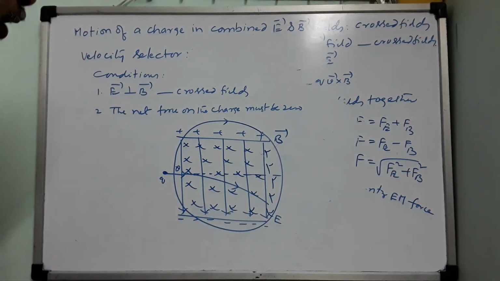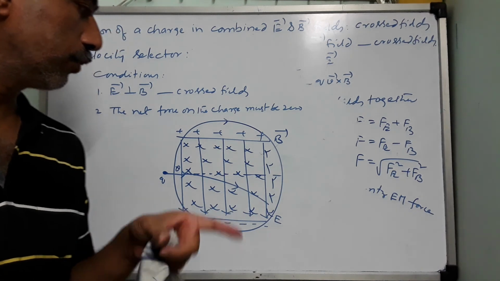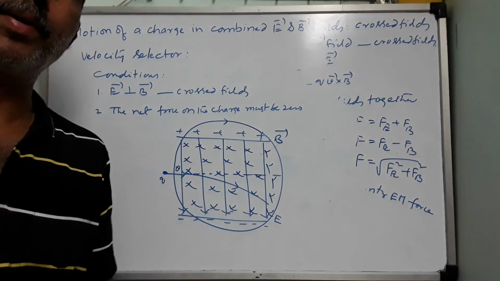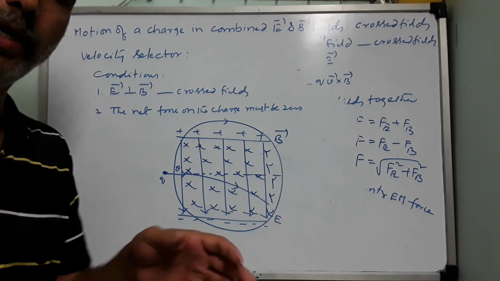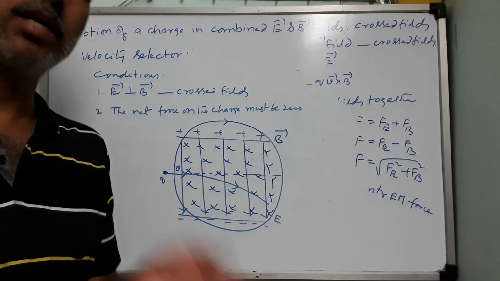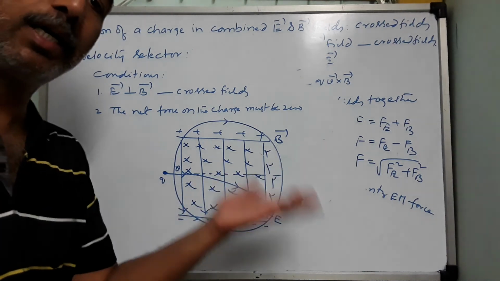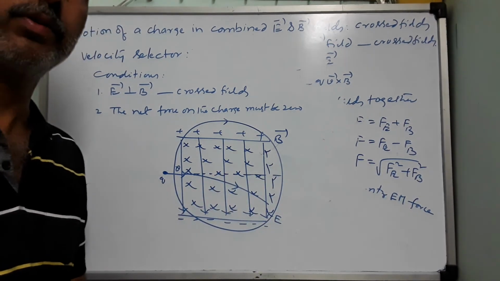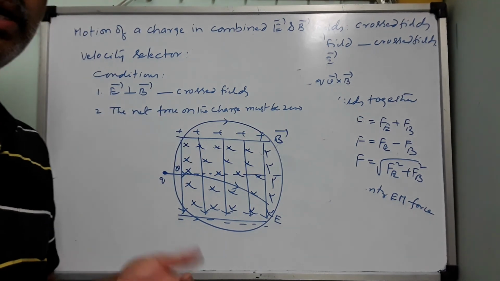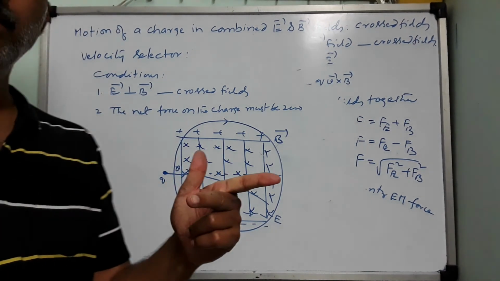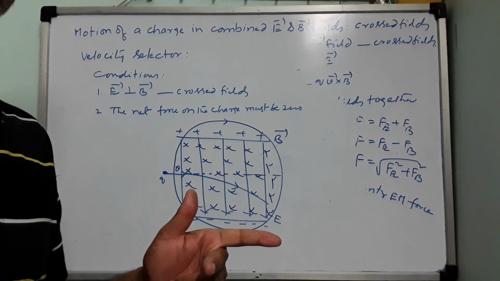Now, to know the direction of force due to magnetic field, we apply Fleming's left hand rule. We don't have any such rule for electric field. Why? Because electric field is not involved with velocity. Magnetic force is involved with velocity. That is the reason why we happen to invent or discover a new rule, that is nothing but what? Fleming's left hand rule, to know the direction of force.